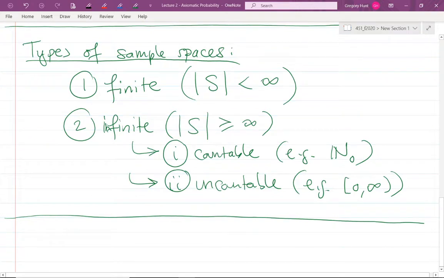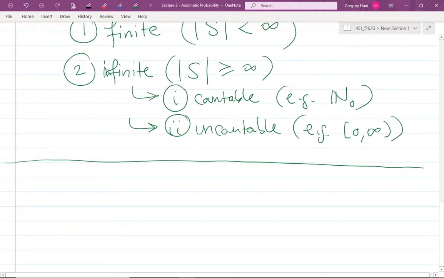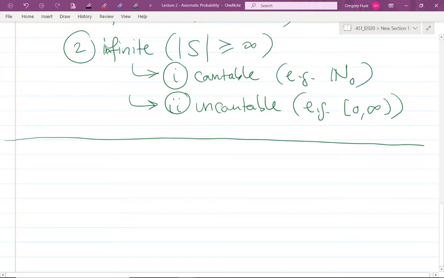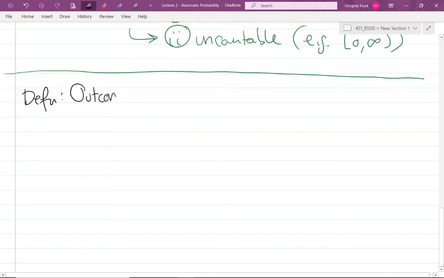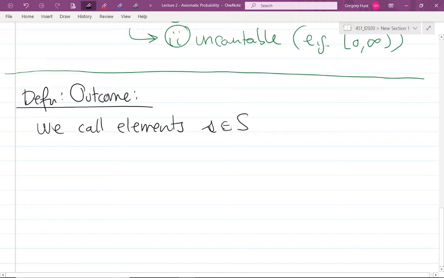It's a pretty simple idea. It's basically a modeling choice, but we're just going to enumerate the universe of possible outcomes from my random experiment. And I've used this word outcome several times, so let's formally define what an outcome is. Definition: outcome. An outcome is just the probabilist way of redefining what an element of the sample space is. So we call elements, let's say some little s in my capital S sample space,